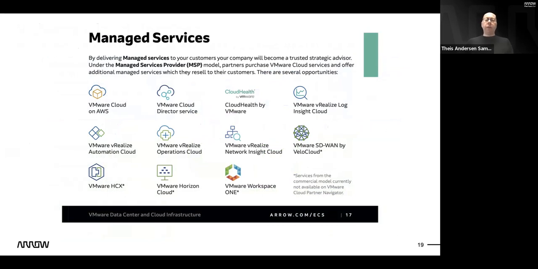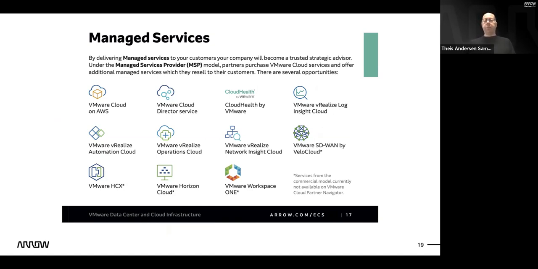So basically, the managed services is the VMware products that are being run out of VMware's own data center. So you don't have to install anything yourself in your data center. It's services that are built in multi-tenant capacity, so you can actually write a contract or sign up for a contract for, let's see, VMware Cloud on AWS. Then you can chop it up into smaller tenants